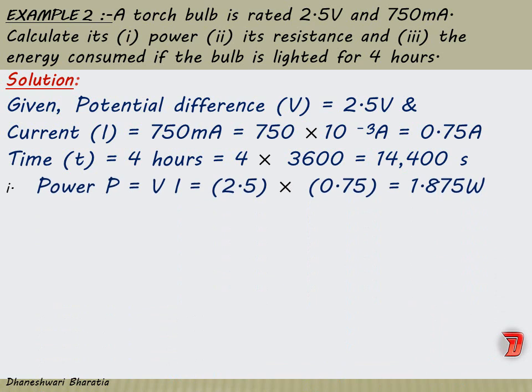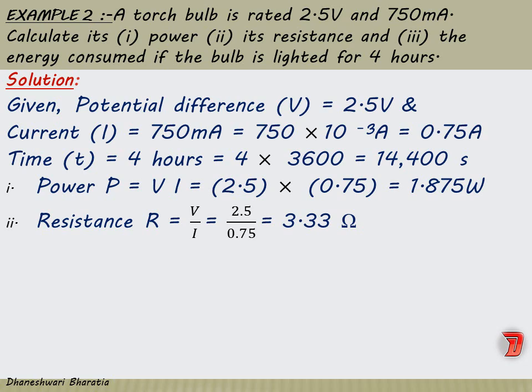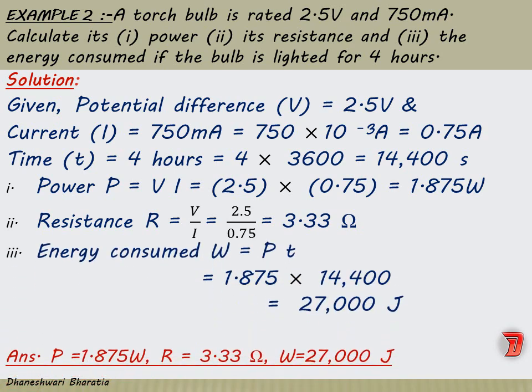Next, power P is equal to VI. From that we will be able to find P. So first is solved. Now we will go for the second one, that is resistance. In the question the given term is V. We have found I also. So from Ohm's law we will be able to find the resistance also, right? Now the third, energy, W is equal to P into t. Fine. So this way, if you know what terms are given and if you know the correct formula, right, then you will be able to solve the sums.